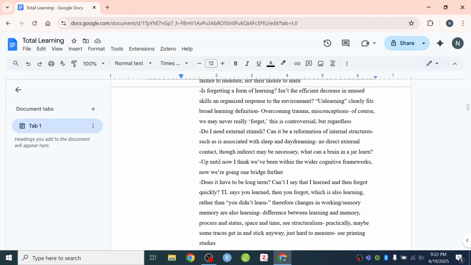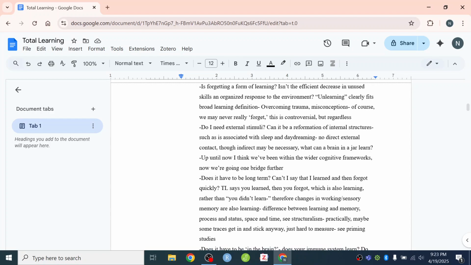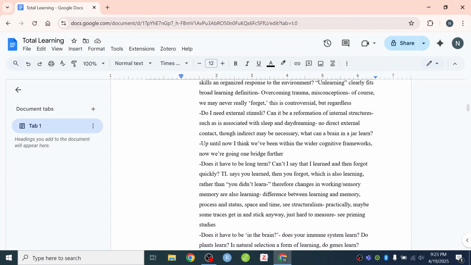And we can see these in priming effect studies and framing effect studies, where maybe these things that appear to be dissipating and not having an impact on long-term memory are having more of an impact than they initially appear to be having, even if it's a very subtle impact. They're just hard to measure. And total learning certainly does not want to lose these potential subtleties. It wants to include them within its totalizing framework. So we're going to say, in the total learning perspective, that you learned and you quickly forgot. And maybe you didn't completely forget. So it doesn't necessarily have to be a change in long-term memory.